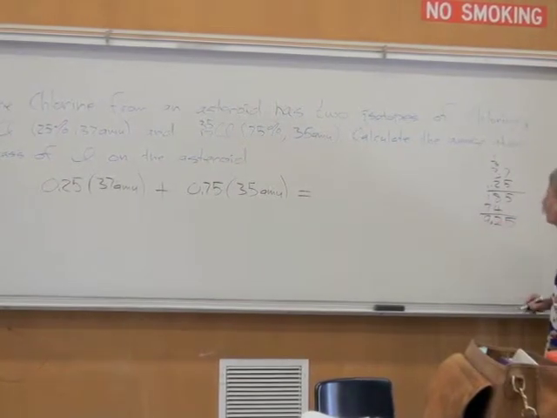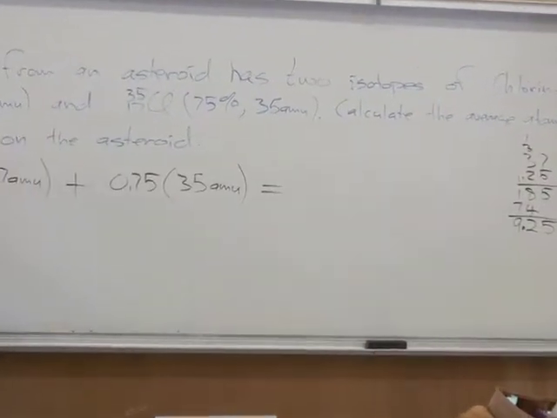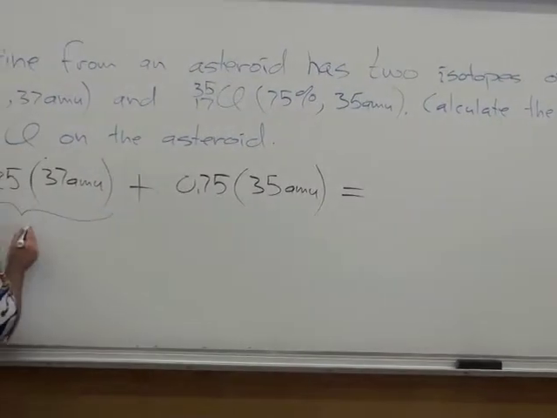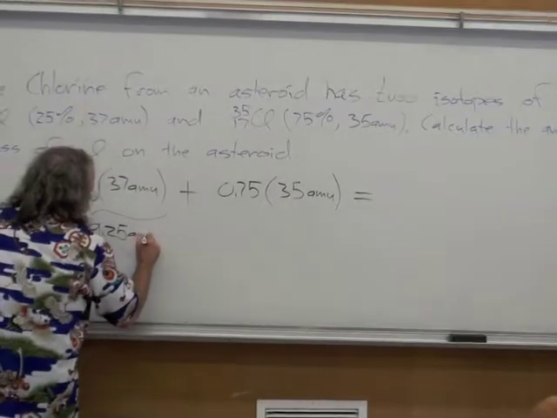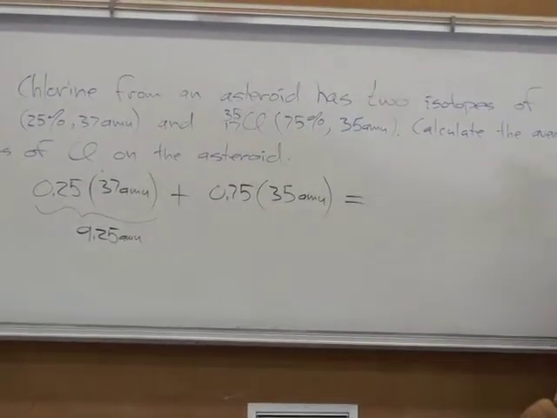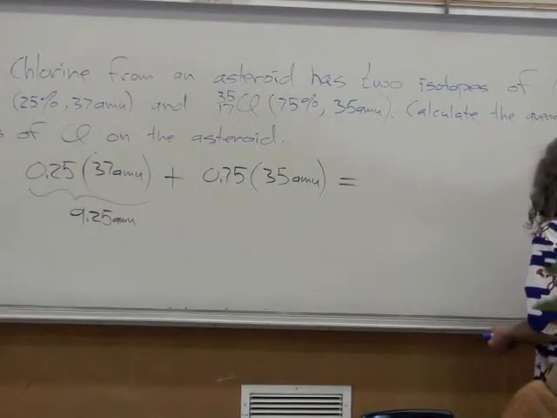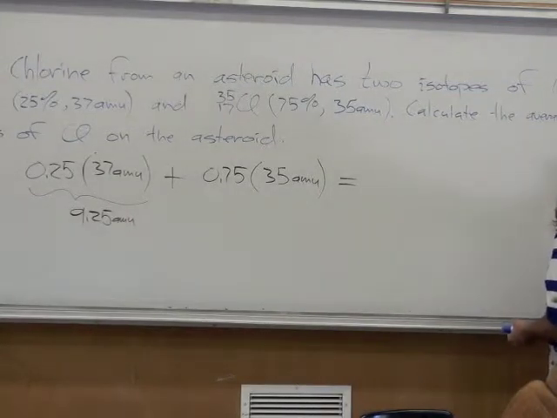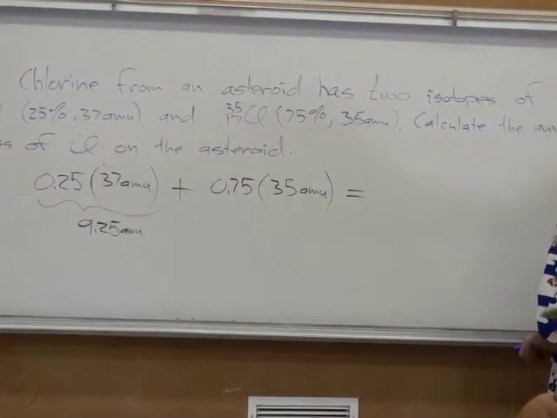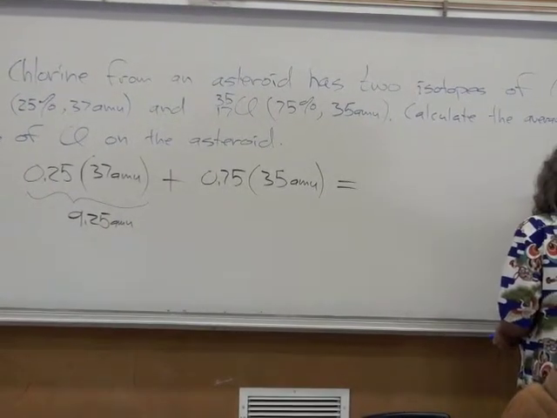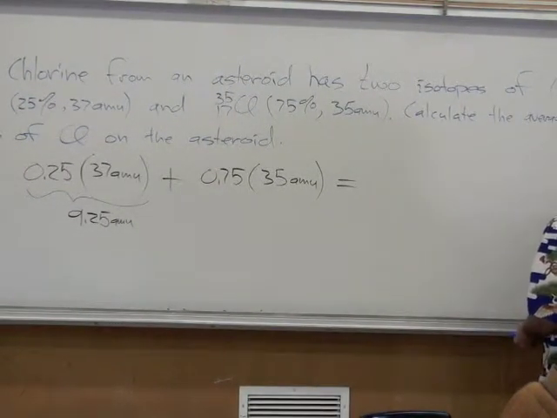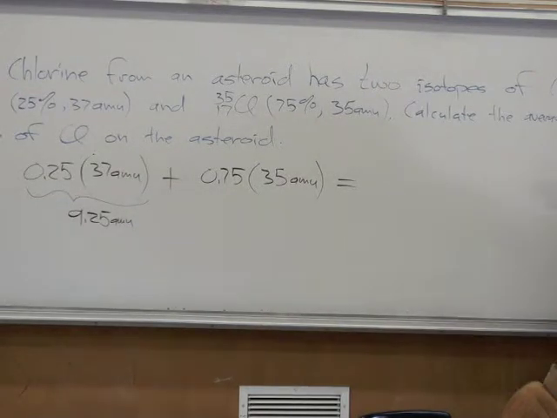So everybody remember? Okay, so that means this part here is going to be 9.25 AMU. And now I can erase my scratch paper and do the other part of the calculation, which is 35 times 0.75. 3 times 5 is 15. 7 is 5, 30. 3 times 7 is 21, 24. 5 is 12, 6, and now I have